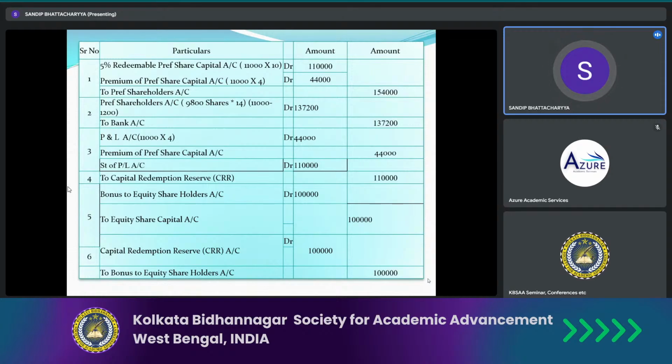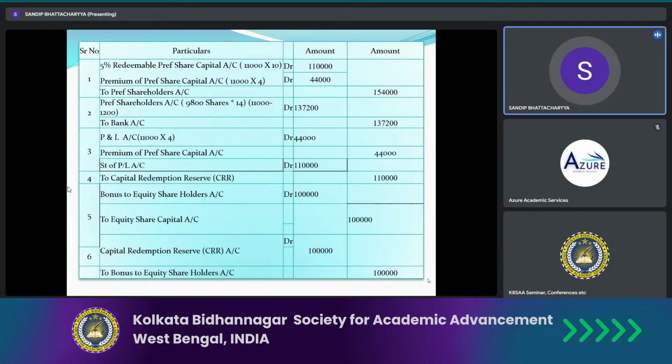Yes, my dear students. In case of 1,200 preference shares that cannot be traced, you must have the amount separated from the free reserve. But when I am supposed to pass the bank entry, that is the payment entry, my dear students, it will be set aside. So the profit and loss account debit 44,000 to premium on preference share capital. How this 44,000? You know that is the 11,000 preference shares into rupees 4.